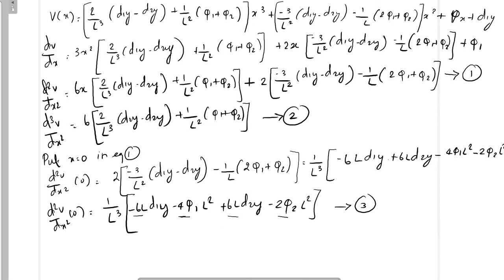Coming to the next step, put x equal to L in equation 1. This d²v/dx² represents the moment, because moment is equal to −EI d²v/dx². If you put x equal to 0, you will get the moment 1. If you put x equal to L, you get the moment 2 at the second node. So at x equal to L,